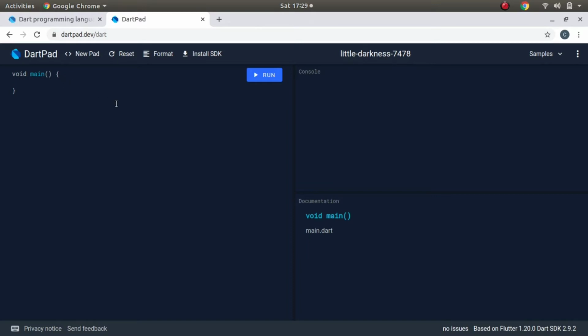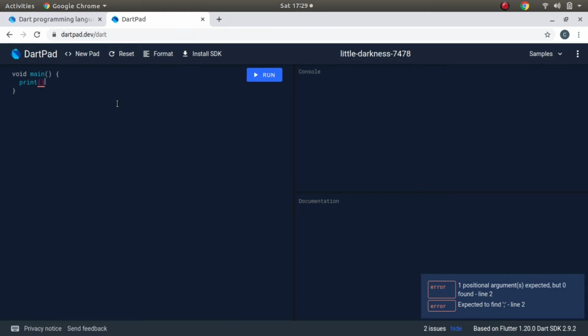First things first, we are going to tell our computer, our hardware, to print a single English statement. What we have to do for that is write print, then press Shift and 9, and the opening and closing parentheses will automatically come, followed by a semicolon.